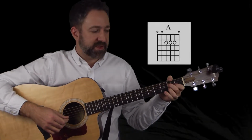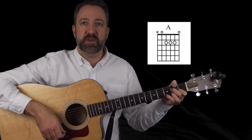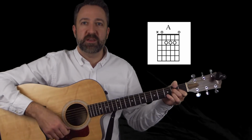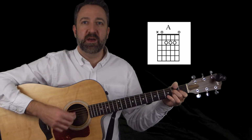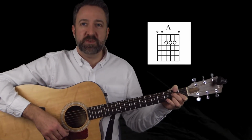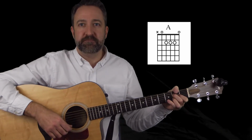Let's get our fingers in place with the A chord and use the rhythm of 1, 2, 3, 4. 1, 2, 3, 4. Very good. Let's also review the down-up strumming pattern as well, which is the rhythm of 1 and 2 and,